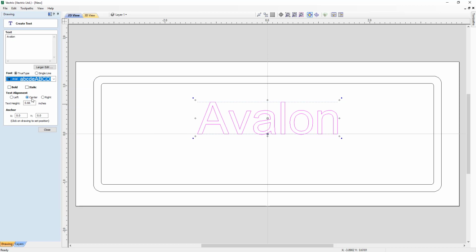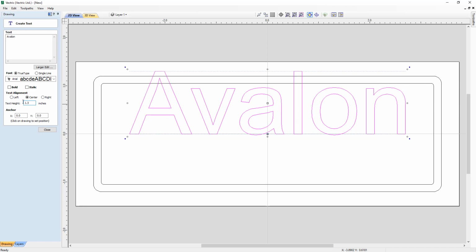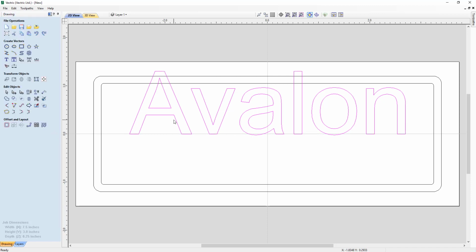We want it to be centered. And we know the height of this needs to be 1.3, but it's not quite centered in our job. So we have already set the anchor point here to 0, 0, which means it's actually going to be in the center of our job, but above the 0. So if we close this, we can easily move this to the center of our job by going over here